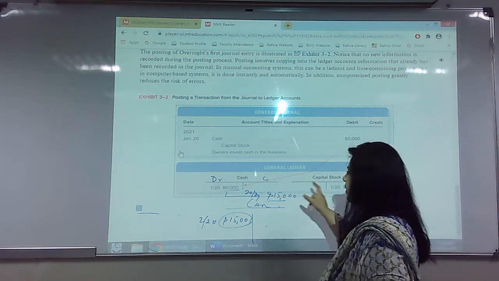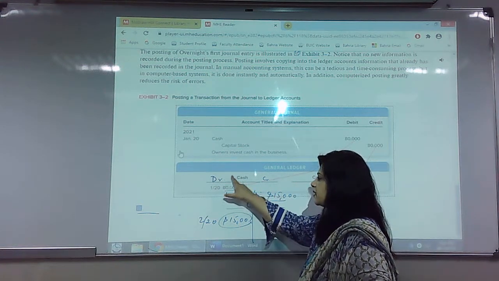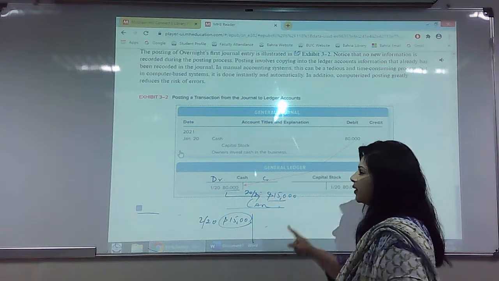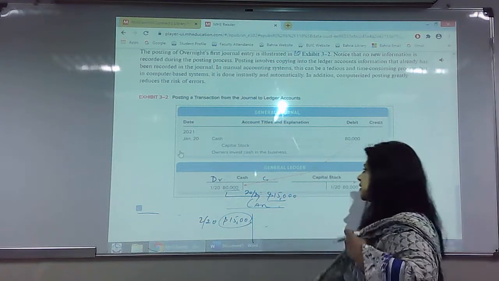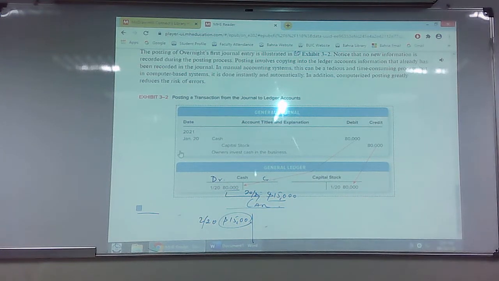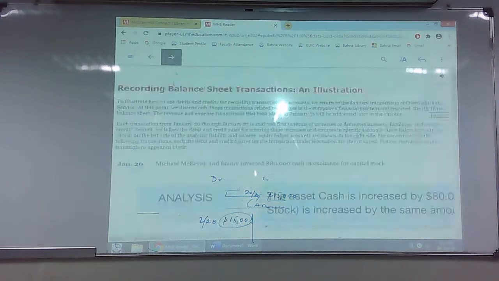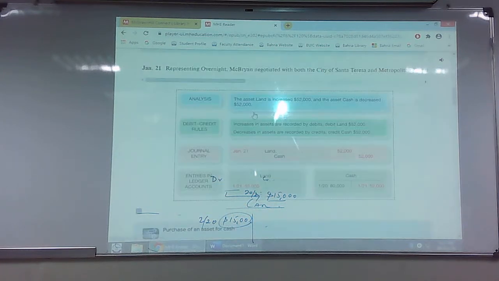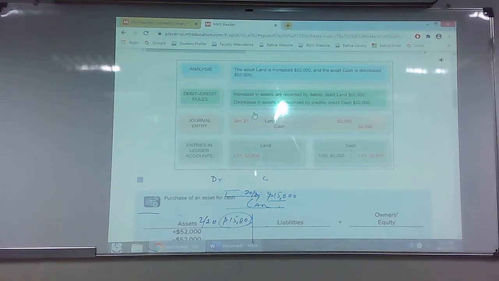Okay, so why do we make ledgers? Because we need to know the balances of all the items. Those items could be assets, stock, income, or expenses. But this is just a general frame that you need to understand. Now we come to the second part of the analysis. Okay, we have done this analysis. We just go back to the next analysis. This is the next analysis.